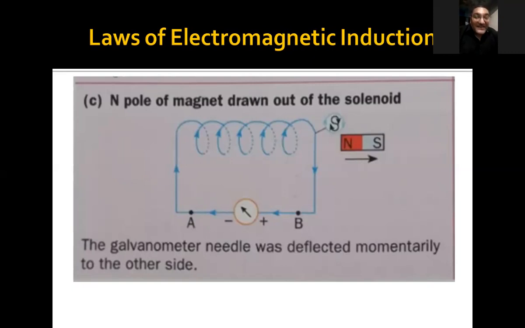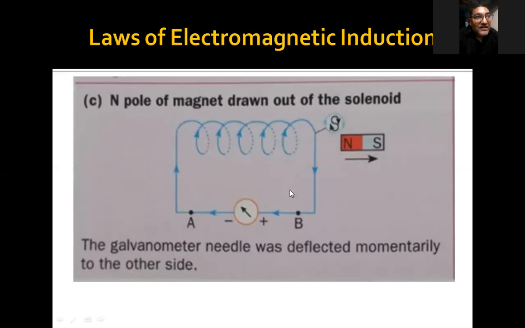So understand this thing. When the north pole was approaching the right side of the solenoid, the current has a different direction. When the north pole of the bar magnet is withdrawing from the right side of the solenoid, the current induced has an opposite direction to that of the first case. So when this north pole and this whole bar magnet is moving towards right, it is withdrawn, it is moving away from this pole, the current is induced in this solenoid, galvanometer showing deflection towards the